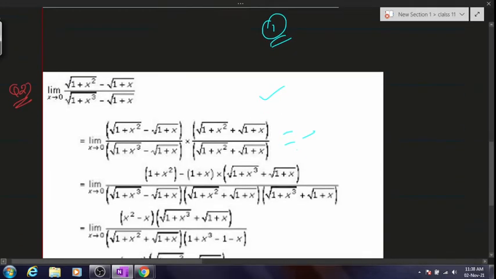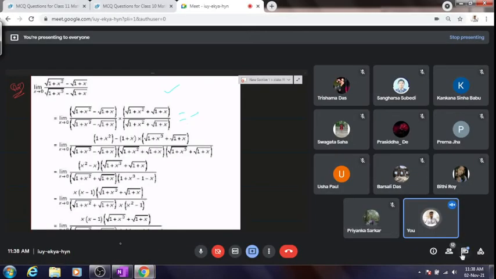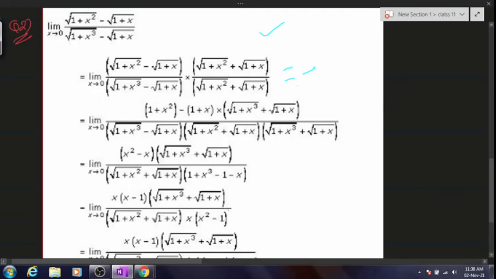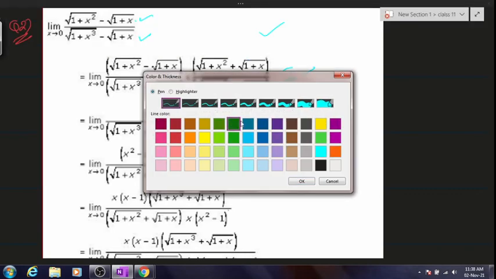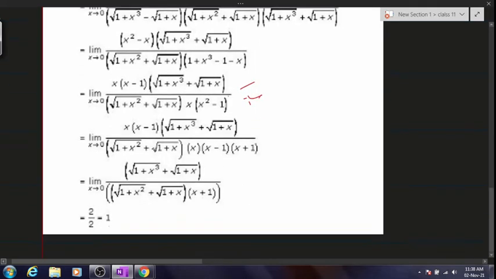When you rationalize the numerator, your numerator will have this quantity, and one more thing you have to do is rationalize the denominator also. This is that type of question where you see numerator and denominator both to be rationalized. Is it clear? Because numerator as well as denominator contains the root. Clear? Numerator and denominator both have root, so we will rationalize both. When we rationalize both the numerator as well as the denominator, we will be getting the answer as 2 by 2, which equals 1.